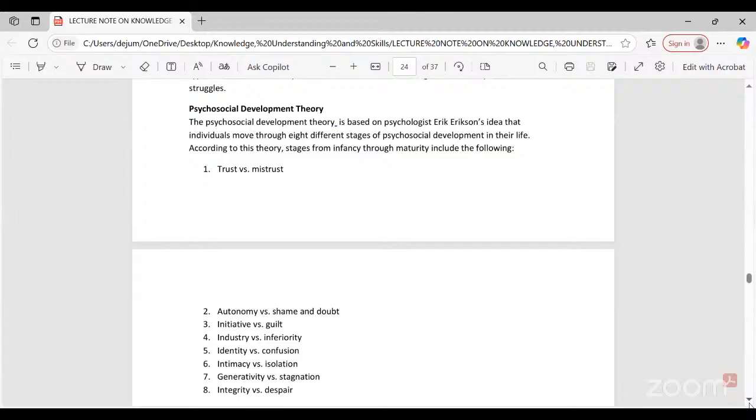So we move to the next one, which is autonomy versus shame or doubt. And this is between ages 1 to 3. That is when they develop that sense of autonomy or shame or doubt. You get it? Erikson argues that this is the first